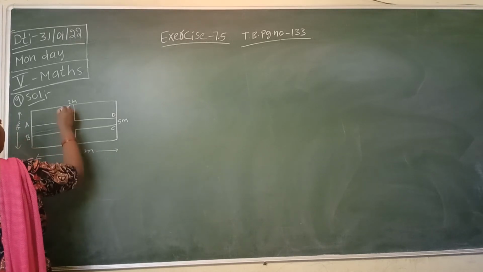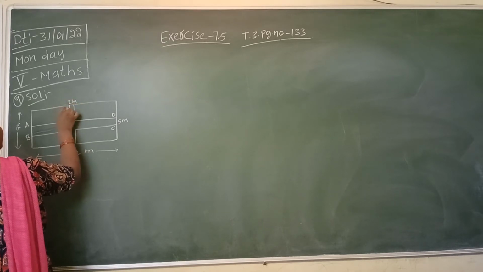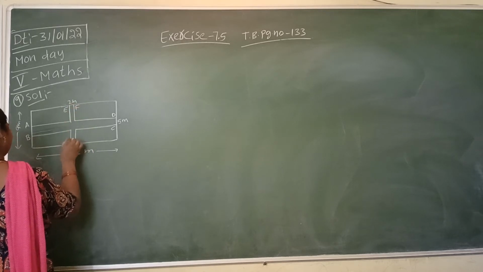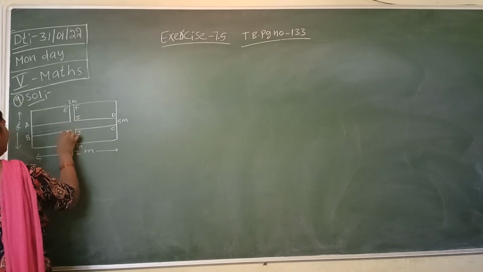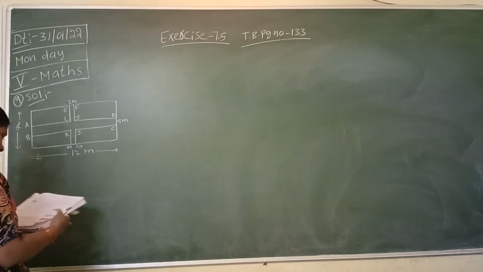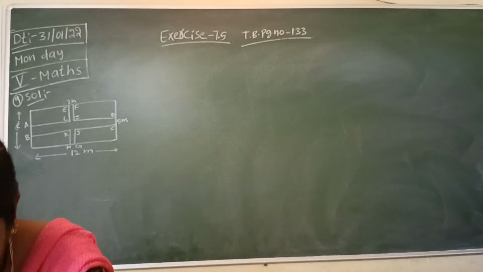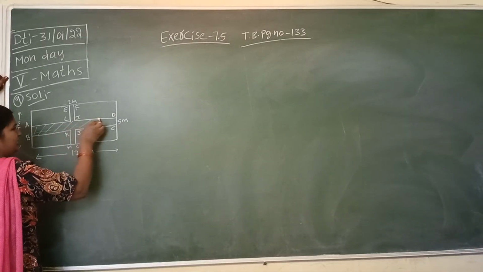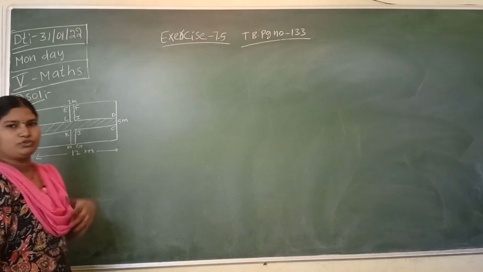Okay? And you have to take the names as E, F, G, H. Inside these, the names are I, J, K, L, here to here, this middle one. Okay? Now, what are they asking? Find the area of the shaded portion in the figure. Shaded portion means this one inside. What is this area? They are asking.